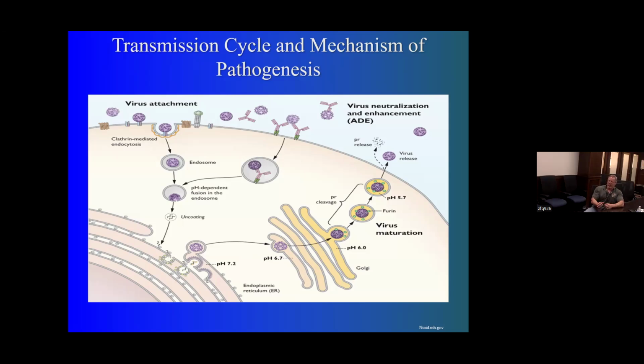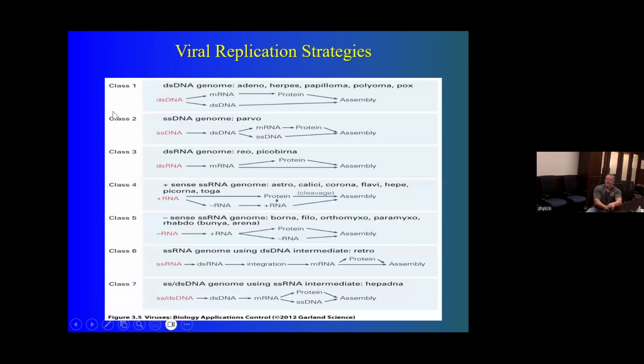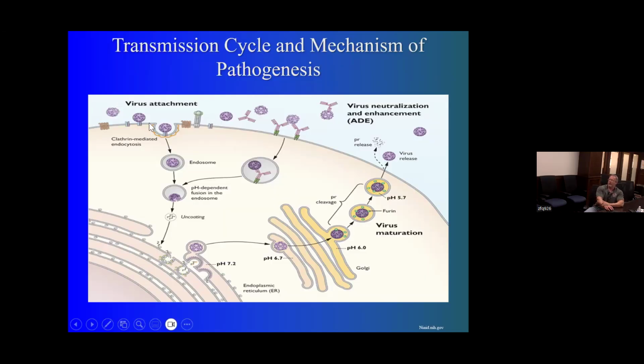In the attachment phase, the virus is going to interact with the receptors on the host cell surface. Once this virus is able to attach to the receptor, it's going to be brought and internalized inside of the cell. This may not be mediated through clathrin-mediated endocytosis. It could be another pathway, but essentially the virus is going to be brought inside of the cell. Generally, it fuses with some kind of a vesicle, which happens with many products that are internalized at the cell surface membrane. This is a standard approach in cellular biology.